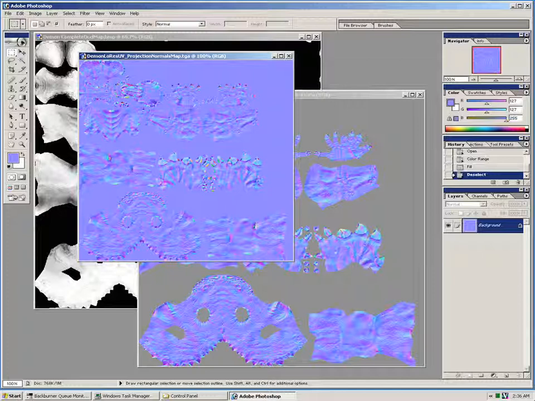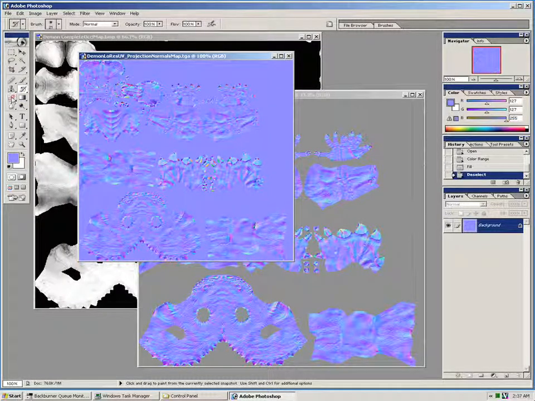Now how do I edit this normal map? How do I clean it up? How do I paint on it? Well, again, can you paint on it? The answer is yes and no. Now when you start painting on a normal map and smudging stuff around, what's going to happen is a lot of those new colors that it's creating by blending, for instance, if I take my smudge tool here,